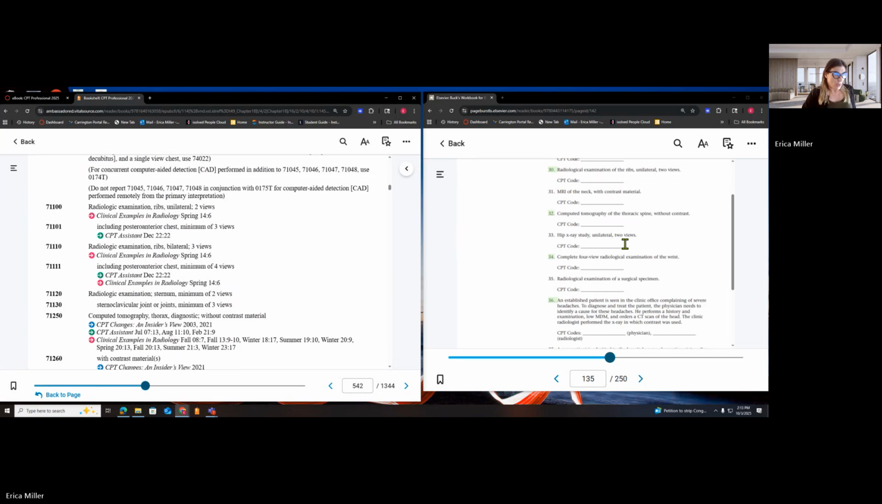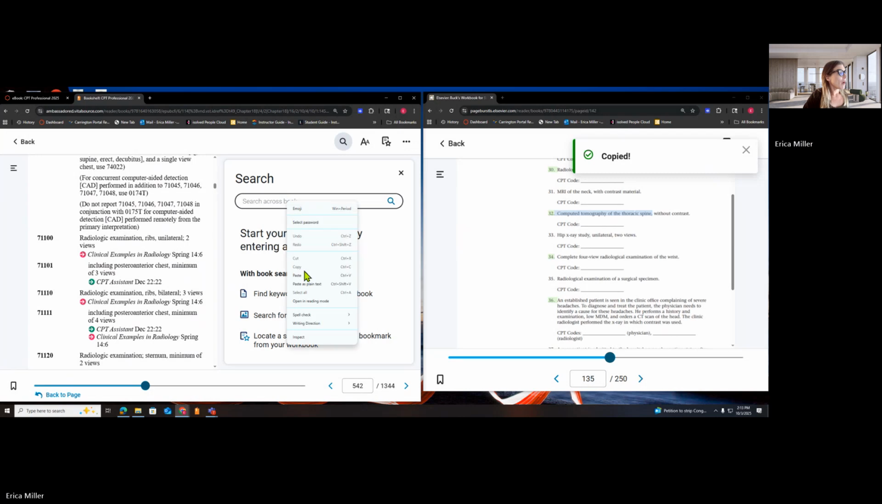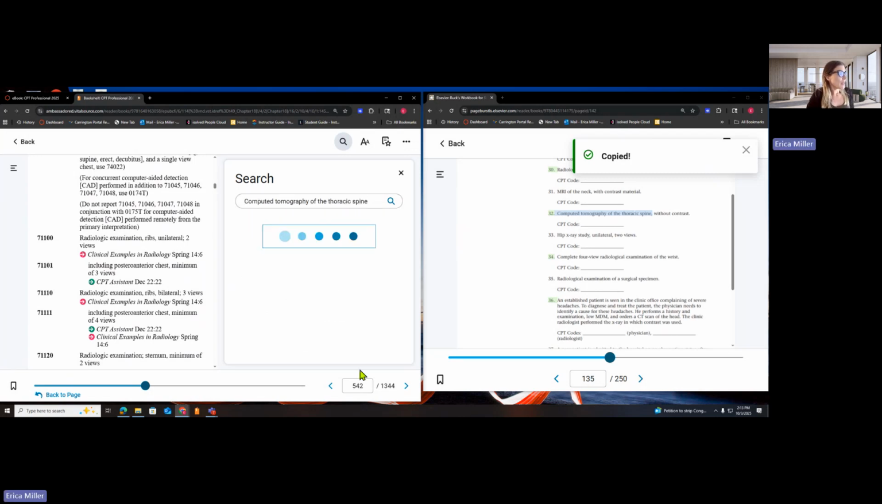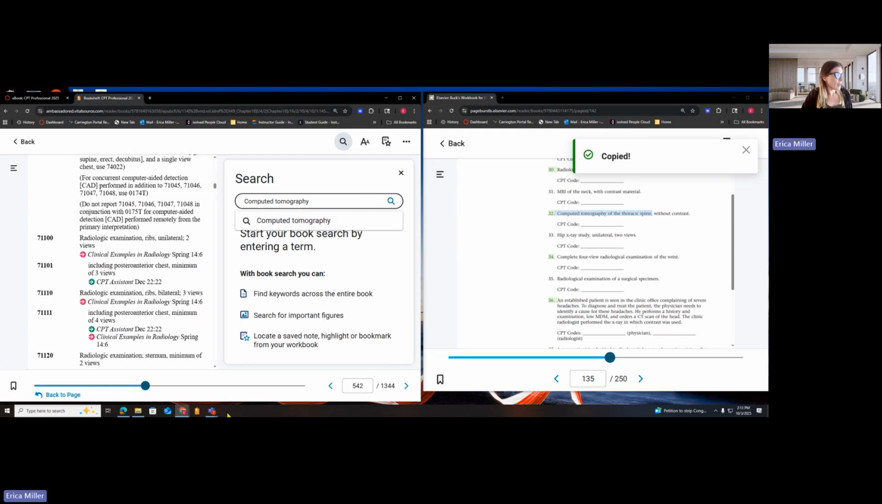All right, so in this scenario, let's do something different. What if we just used the search feature? Okay, we can do that. So what if I just copy this and say computed tomography of the thoracic spine? Don't do any commas. And then just hit search. Oh, it said it couldn't find anything. Okay, what if we just try